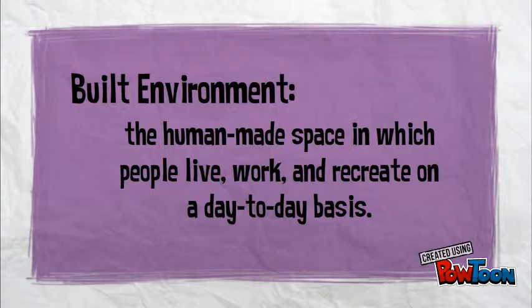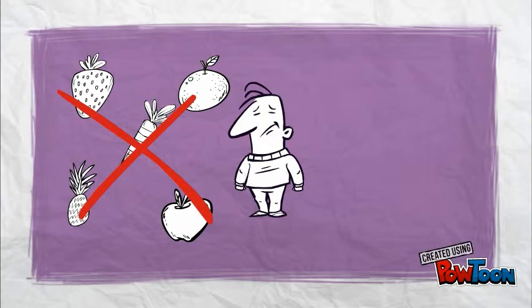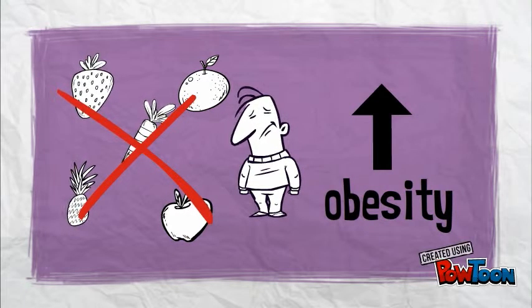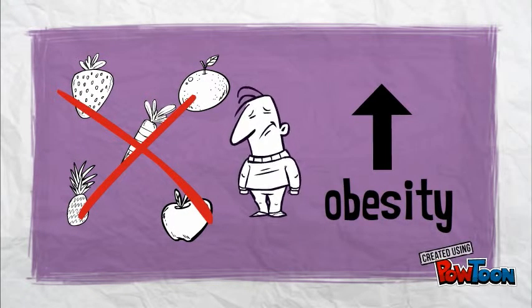That's a common problem faced in low-income neighborhoods. This is how important built environment is when we talk about health and obesity. The people living in these areas often lack access to healthy foods, and this leads to a higher level of obesity. Without access to fresh foods, how can we expect these people to have the opportunity to eat healthy meals?